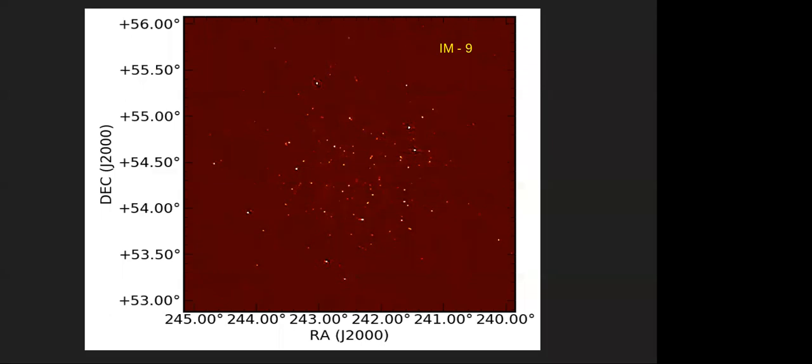So the signal you are collecting is less and the noise is almost similar, which means that the signal to noise is less at the outer part. So you get to see fewer and fewer sources. Okay, thanks.